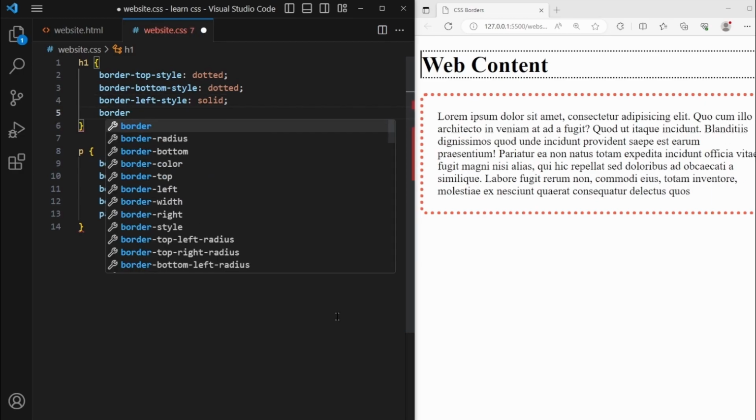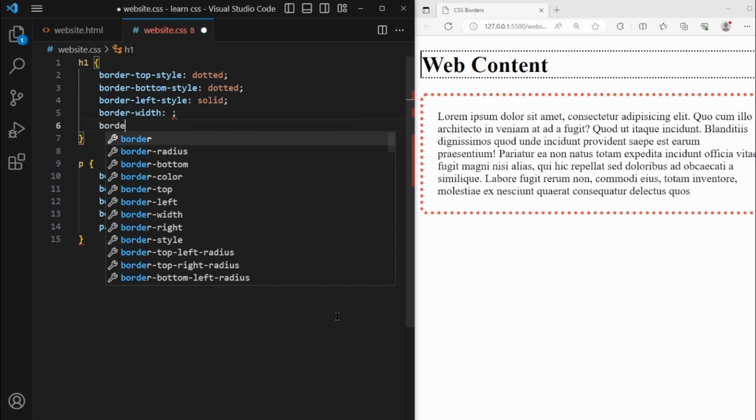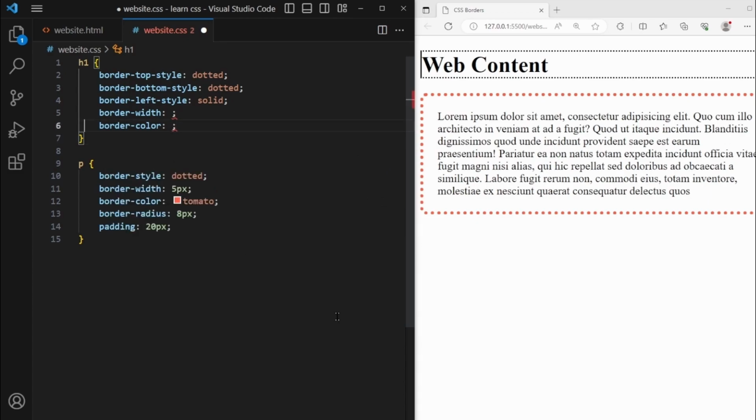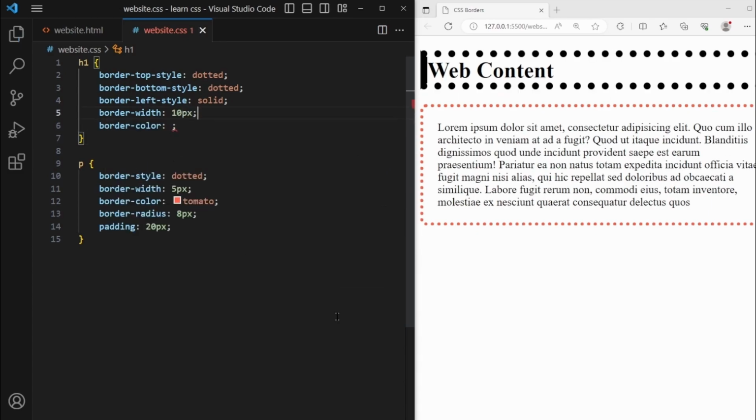Also set width and color by using border width and border color. I'll set it to 10 pixels with a blue color. So that's how you add borders to HTML elements. You can customize them by changing the style, width, color, radius, and even specific sides like the top, bottom, left,